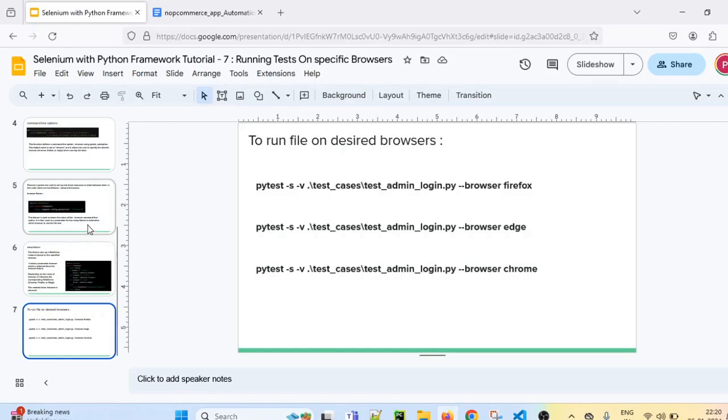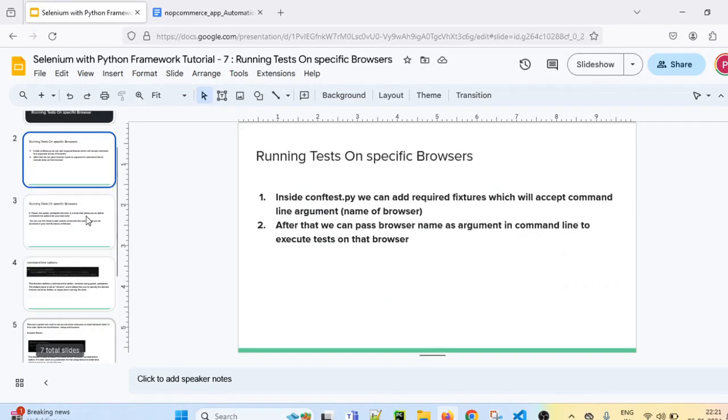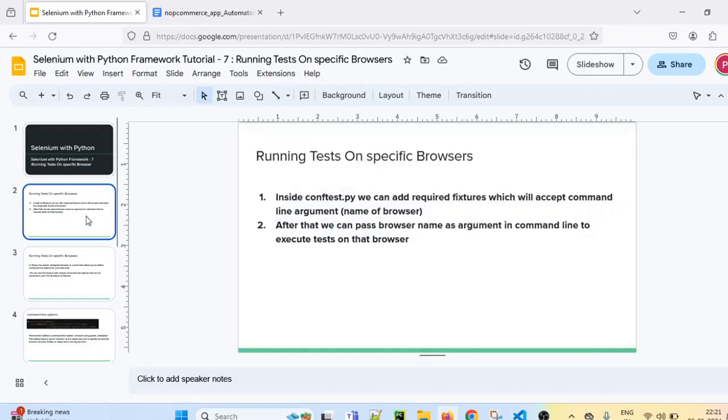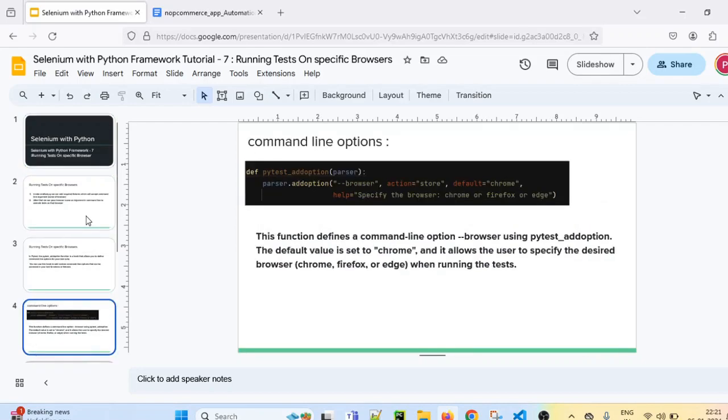So this is how we have to update the code in our conftest.py file for running the tests on specific browsers. So let's revise one last time. We have to add first a function which defines a command line option browser using pytest add option. The default value is set as Chrome, and by passing the name of the browser, we can run on a specific browser.